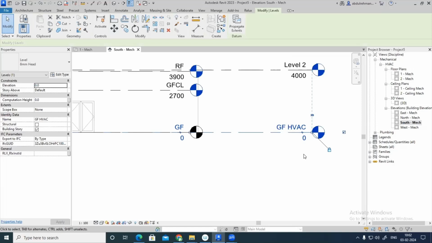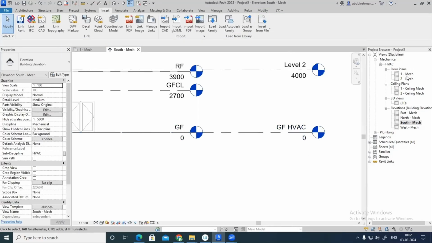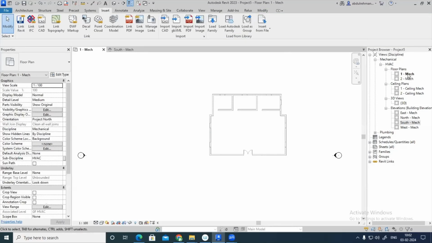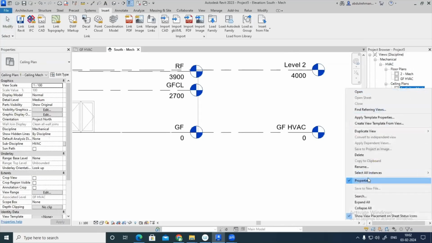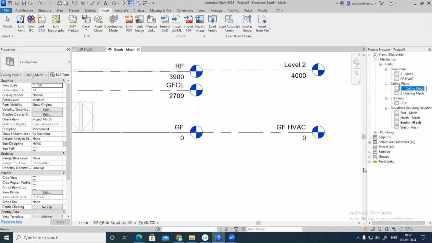Now the same level, you can double click here. Now you can see which level it is. First mechanical only. So it is clear that you can rename, that is my ground floor HVAC. First ceiling mechanical is also the same level only. You can rename, that is ground floor